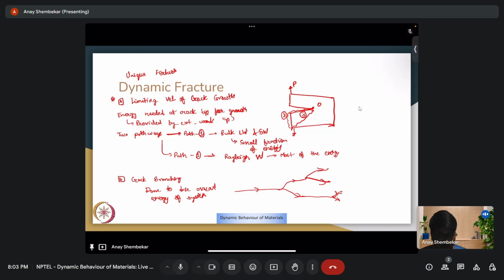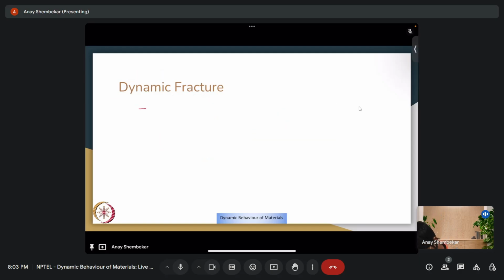limiting crack speed. Suppose you have an elliptical crack, which is 2 AC, and this is my x-axis. This is my y-axis. Suppose this is the expanded crack dotted in a dashed line. At this point, I'm interested in u velocity, v velocity. This is r comma theta. So the crack propagates with velocity